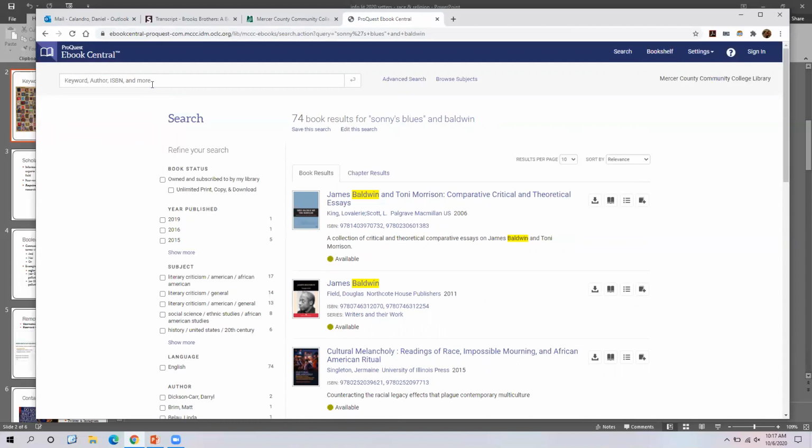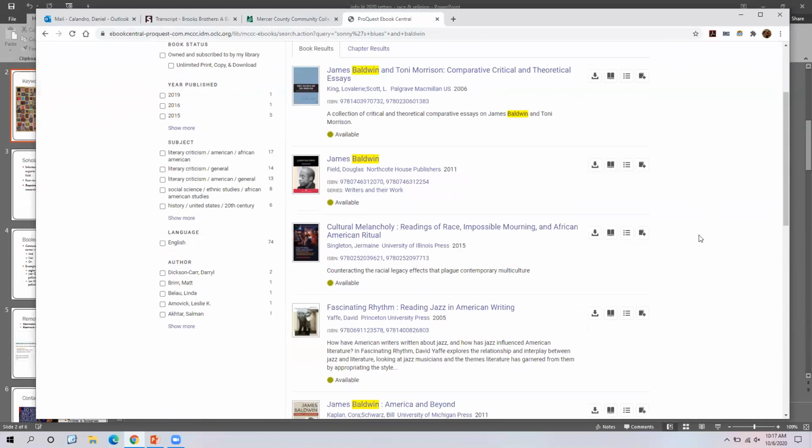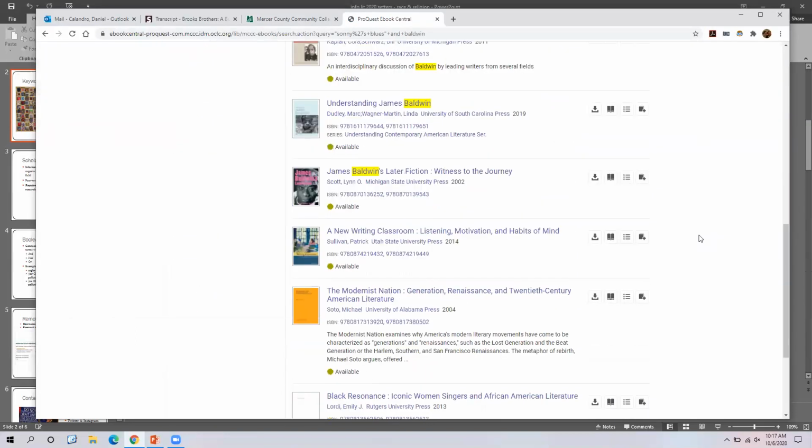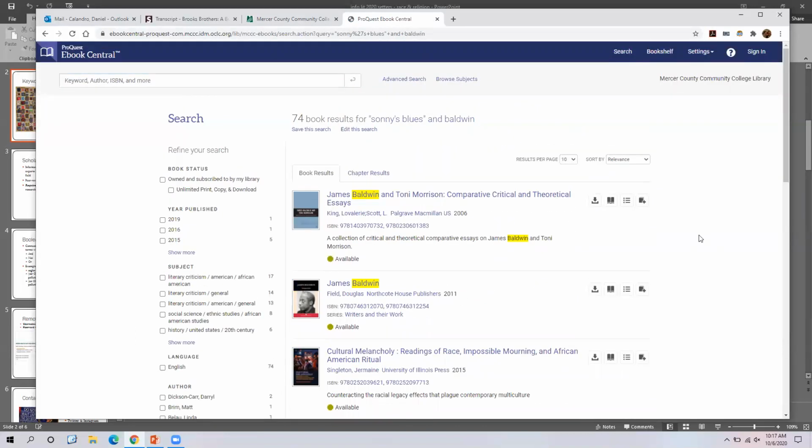If you want to, you can use the other short stories, the Hawthorne ones, the Melville ones as well. I'm just using this so you guys can see that you have a second topic. All right, and again, you can scroll through and see if there's anything interesting. So again, we can go ahead and click on these and see our book.